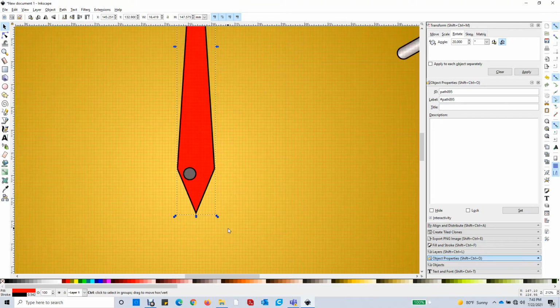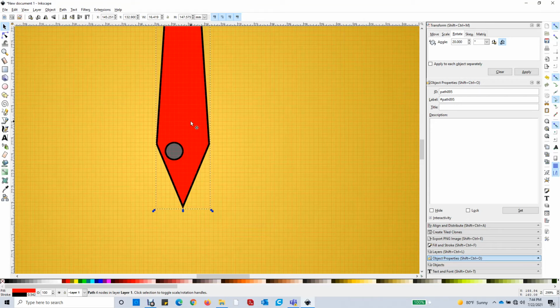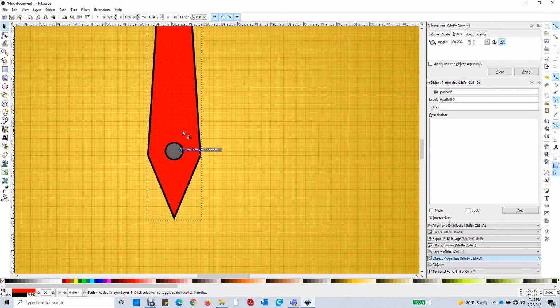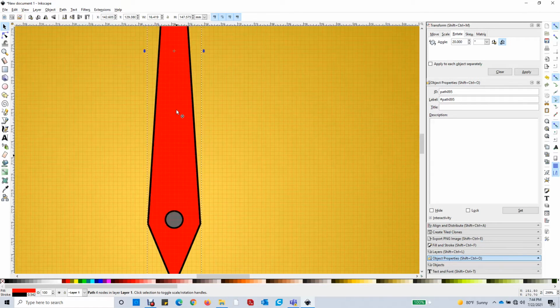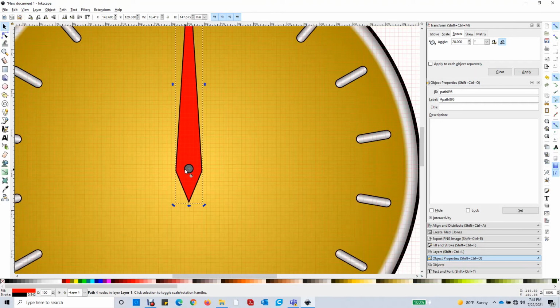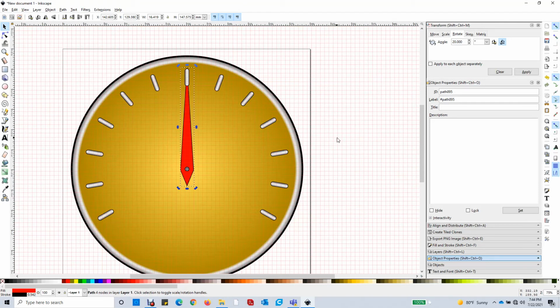So now I can say, all right, this thing should rotate around here. That's pretty good. Then I click on it again and I get that little point. I'll bring that little point down here and stick it in the center. Oh, I hit it right on the nose. So now that I've got that, I can test it.